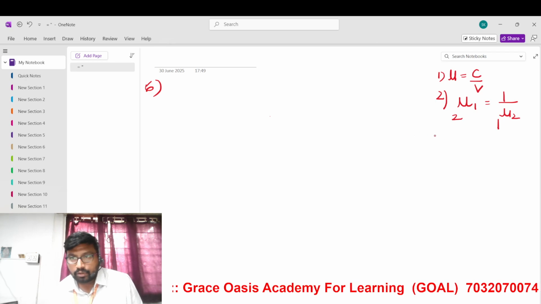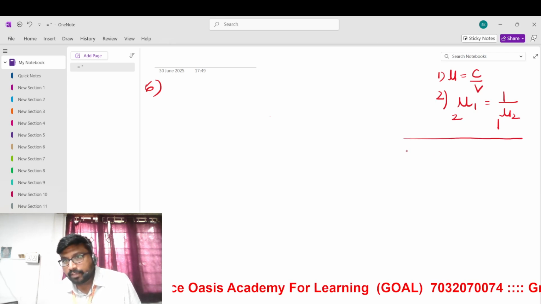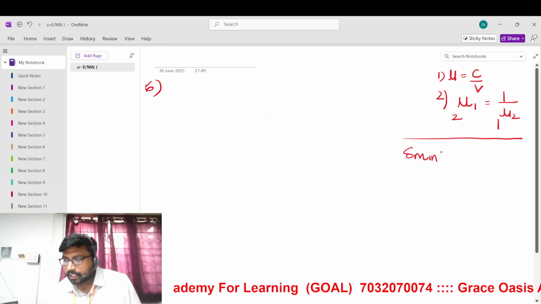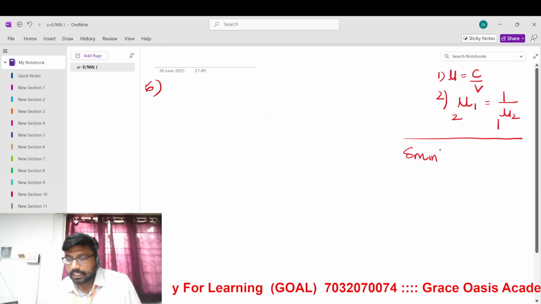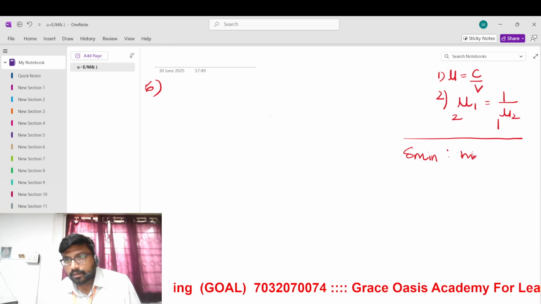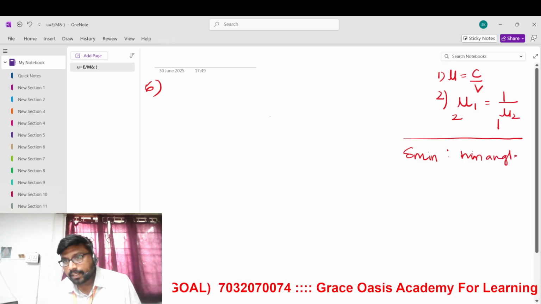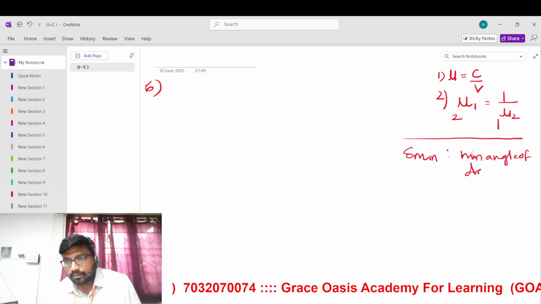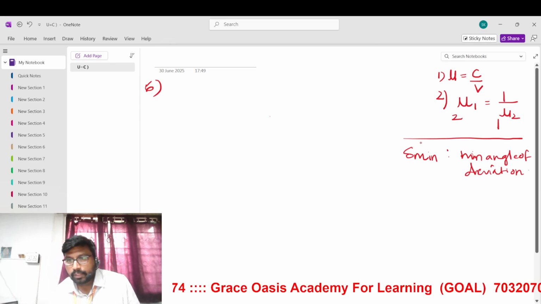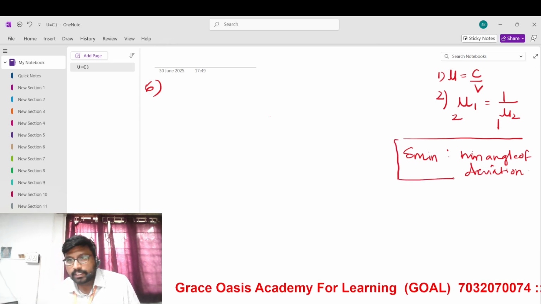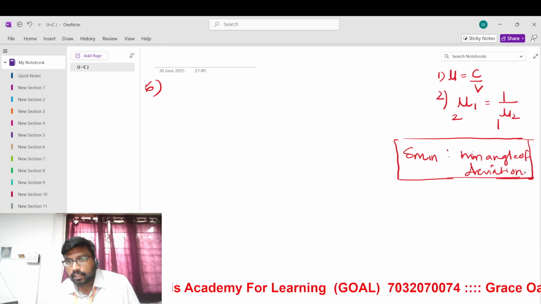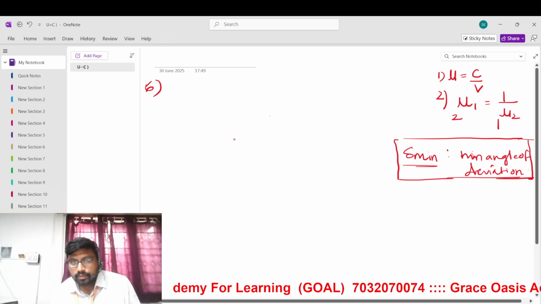Okay, now we are going towards deviation, minimum deviation. Last time we discussed no minimum deviation formulas. So questions are related to the minimum deviation, minimum angle of deviation, angle of deviation. Total six formulas only. Every question will be based on these six formulas only. Today we are discussing all the six. Okay, so the formula is